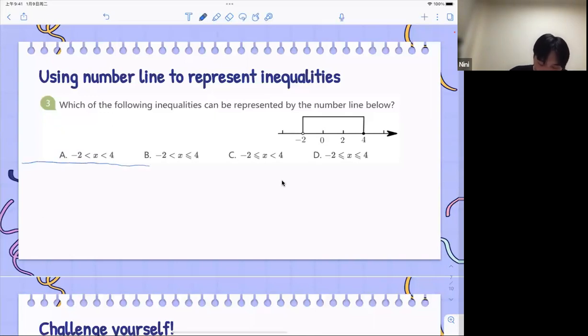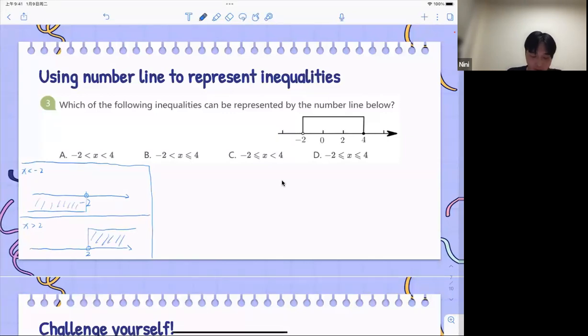If we are going to say that x is less than -2, for example, we are going to draw a number line here, and we mark down this is -2, right? And because x is less than -2, we know that x will be here. So that is how we mark x is less than -2 on the number line. For another situation, if x is larger than 2, we will mark down on the number line as this is 2. And this is how we represent x is more than